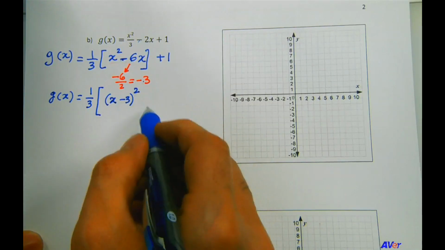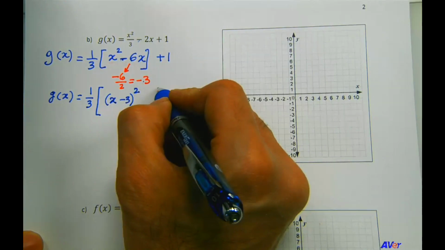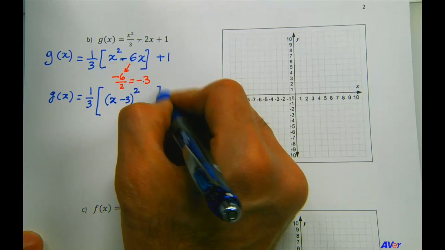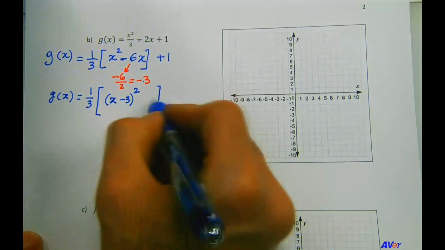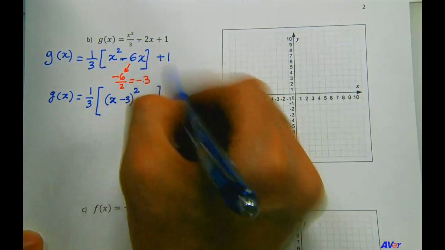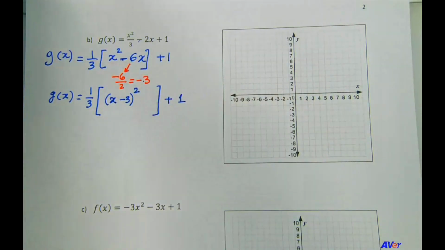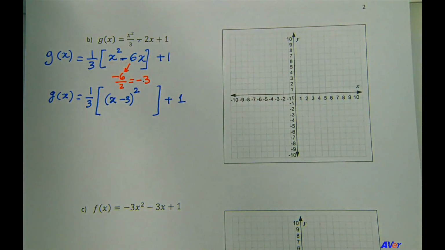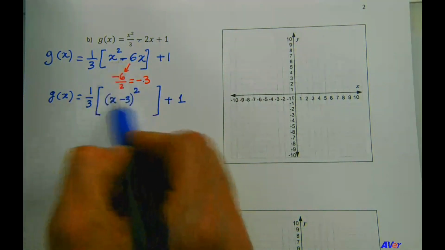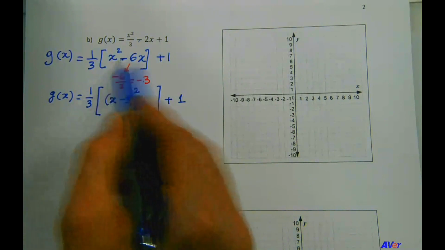Let me close the bracket here. Okay, because I need this space. Of course, plus 1 comes out here. Plus 1. Okay? All right. So now we have solved the problem, which means we've created a completed square for these two